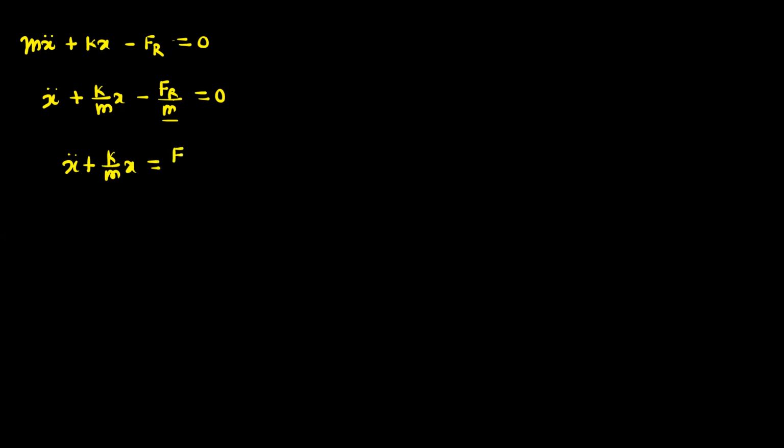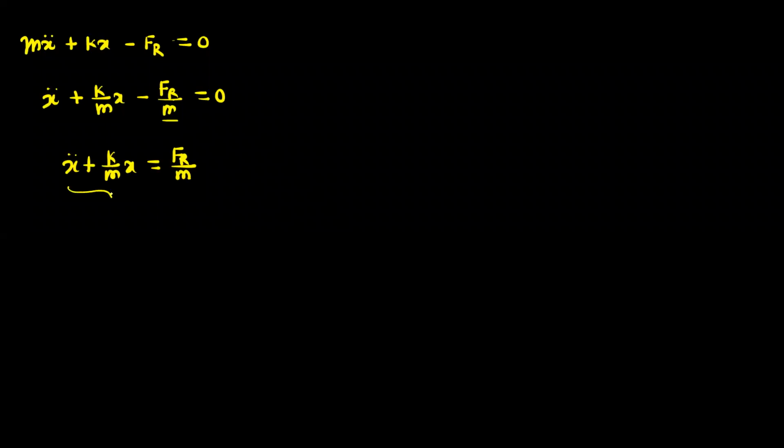So we have this equation, which is mx double dot plus Kx minus frictional force Fr is equal to 0. Okay. So I will write this equation as x double dot plus k by m x minus Fr upon m is equal to 0. Just take this constant value on the right side. So we will get the equation x double dot plus k by m x is equal to frictional force upon the mass.